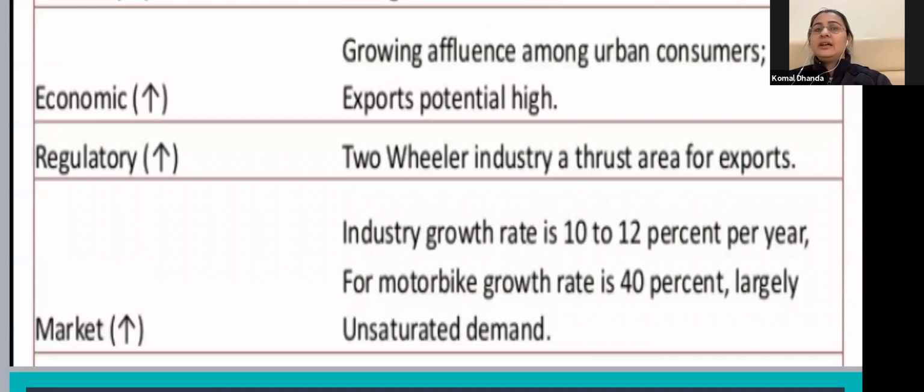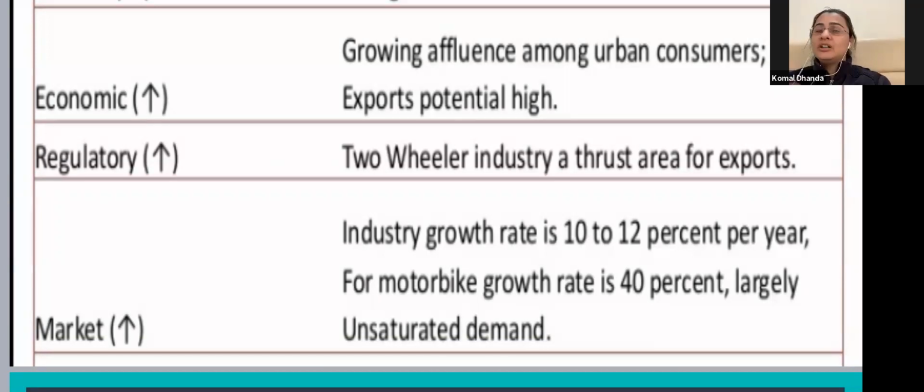Organizations analyze the environment by applying various techniques to forecast government policies, how government policies will be changing or whether there will be a change or not, what will be the sale, what technological developments will be coming up in the future, and then use that information to formulate plans and strategies.